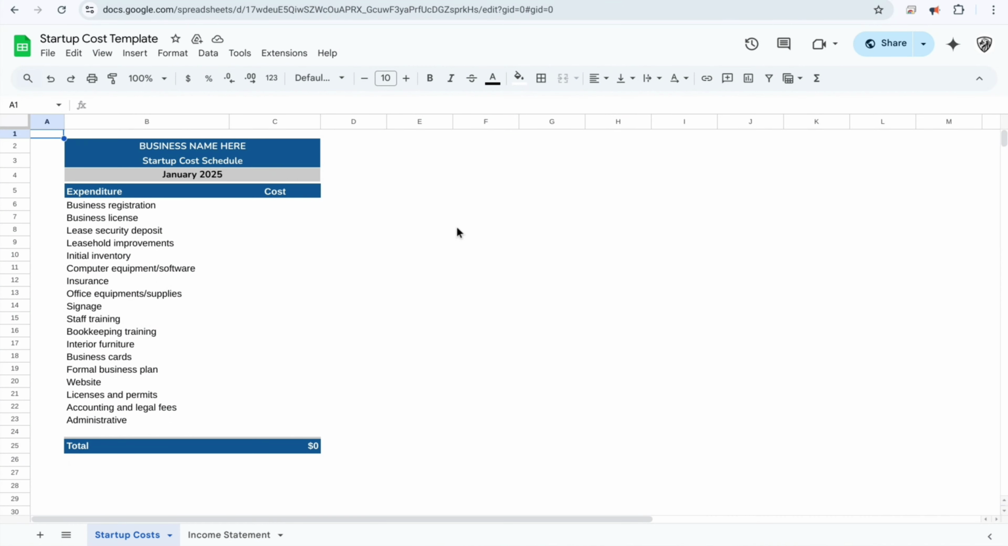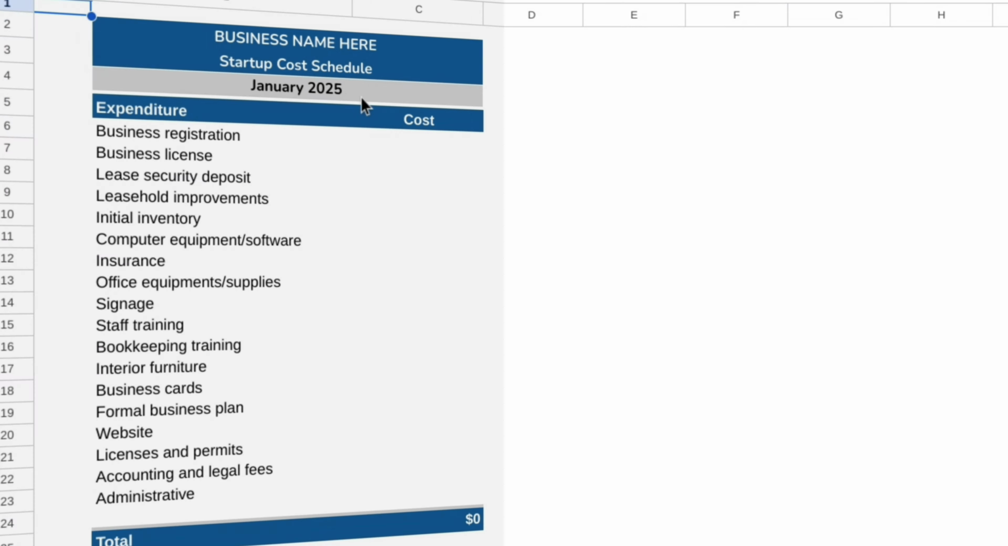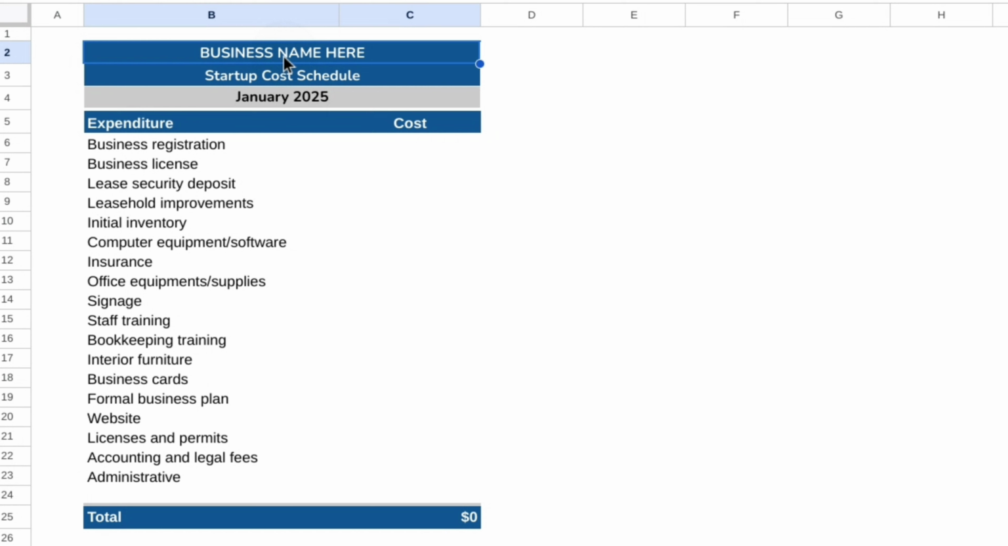Okay, so here we are on the template, just on a Google spreadsheet. And just for example, let's say we're going to start a clothing store. We'll call the clothing store Uptown Clothing Store, and then we have the name of the spreadsheet here, or the name of the financial statement, which is Startup Cost Schedule. And then we'll just make it for January 2025, for the month that we're planning on having most of these